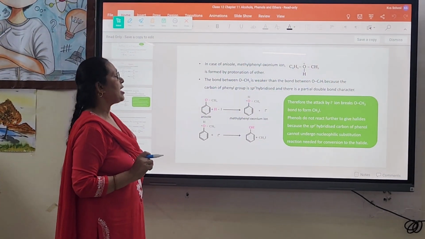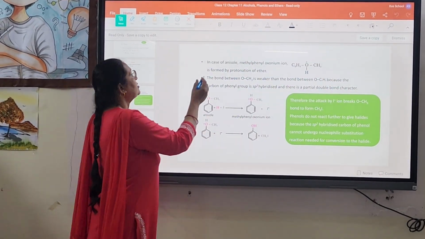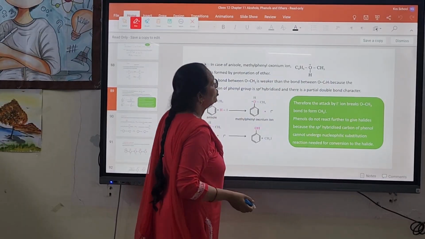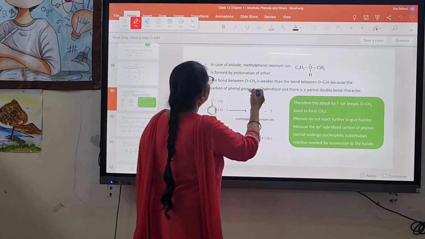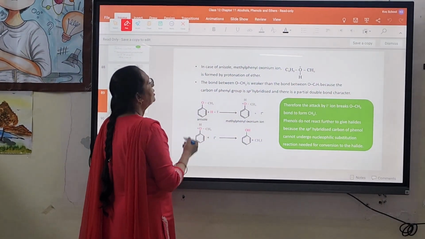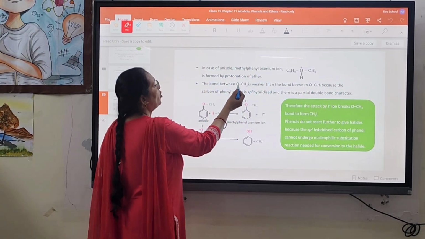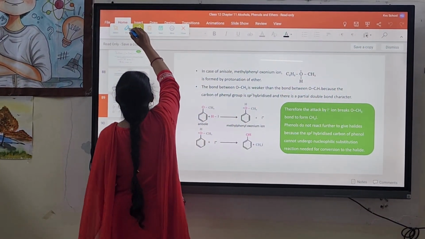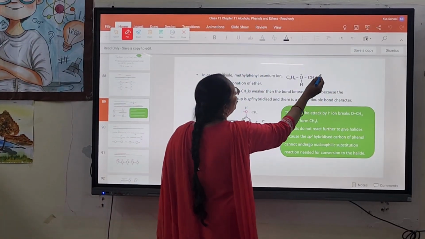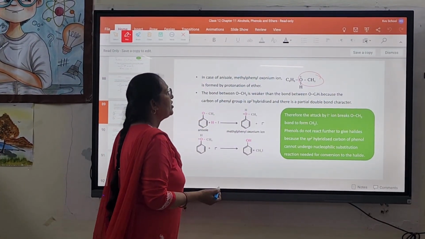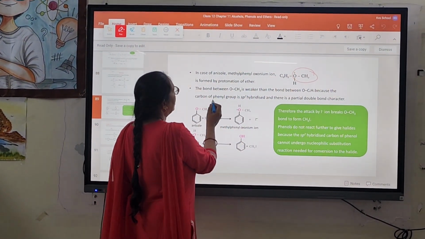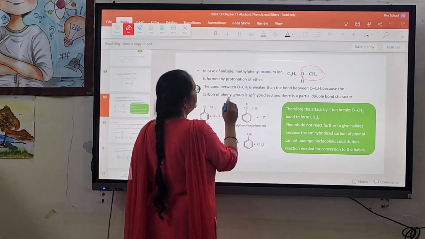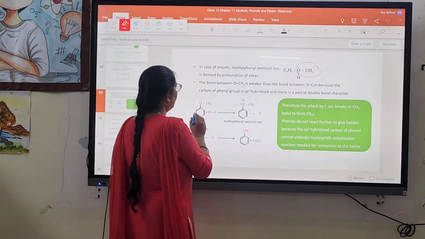Now we will take the example of the aromatic ether, that is anisole. The methylphenyl oxonium ion is formed as the protonated ether. The bond between O and CH3 is weaker than the bond to the phenyl carbon. The reason behind this is the presence of the sp2 hybridized carbon,